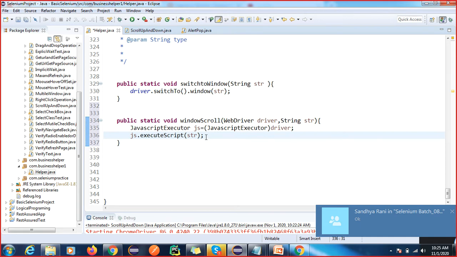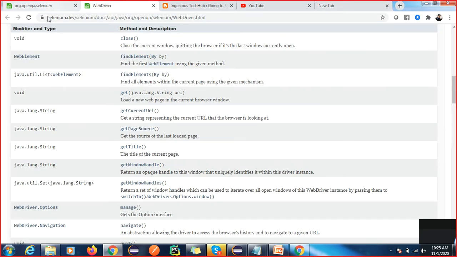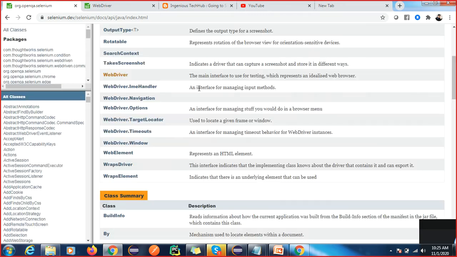So if you see, we have a huge library, right? We have a huge library, and we don't know everything, right? So Google is there. Got it, right? In real time, there might be some logic you are not able to understand. So first, what we can do is debug the code and understand it.